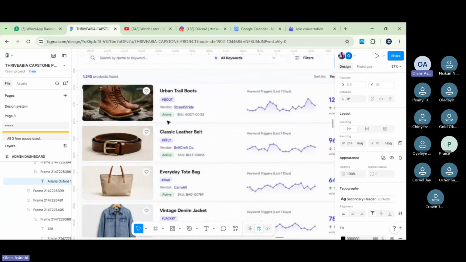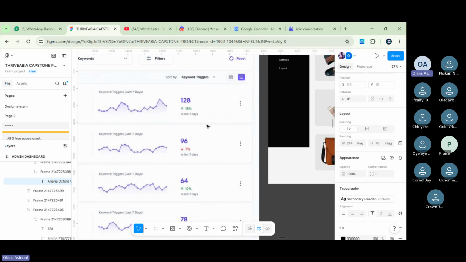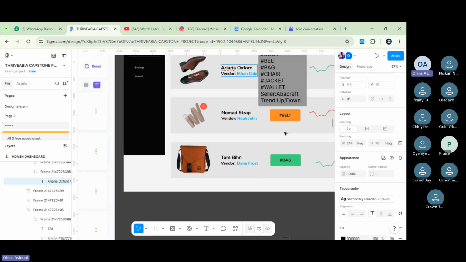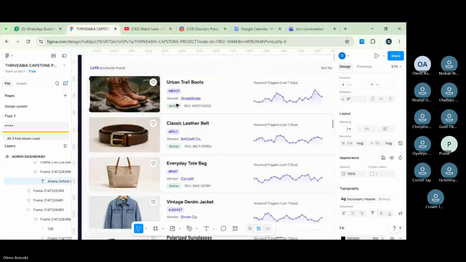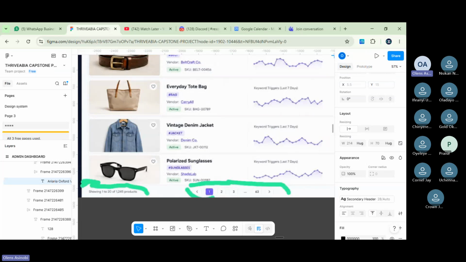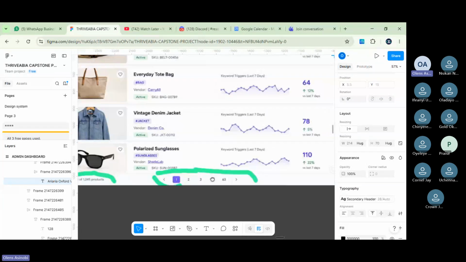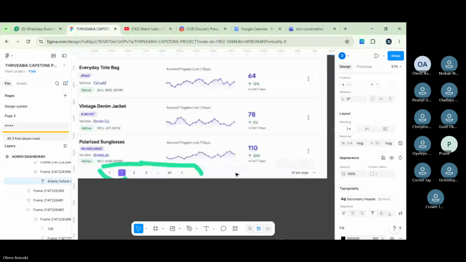Then for the keywords, please just use one color, because if you're doing it like this, it means if we have 100 keywords, we're going to have 100 colors here, so it will not be ideal. So just use one color and see how they put it. Very small, transparent background with just the text. Then last but not the least, this section, I believe you're going to add your own as well too. That's why you selected it, but you guys will add it.